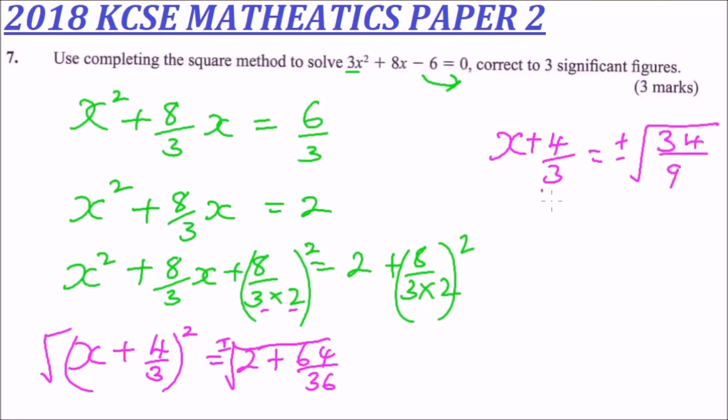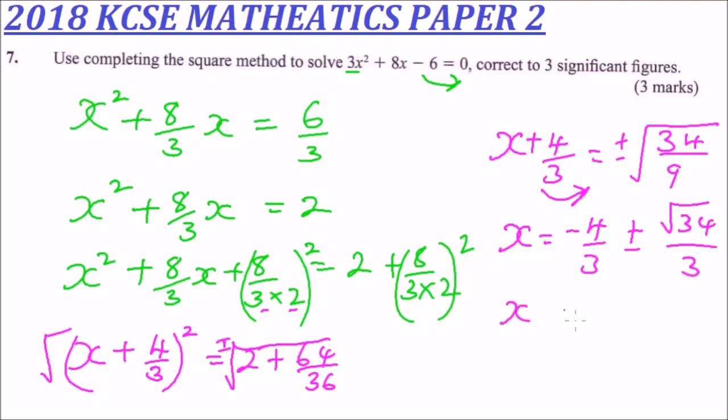Then we take 4 over 3 to the other side, it becomes minus. So our x equals minus 4 over 3 plus or minus the square root of 34, and the square root of 9 is 3. So we have a common denominator, so x equals minus 4 plus or minus the square root of 34, divided by 3,